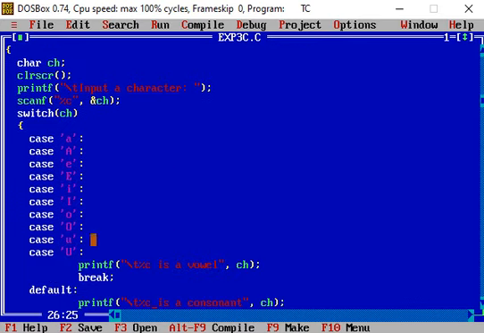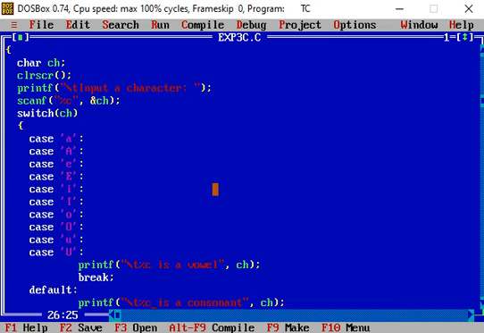So here case, within single quotation marks, a colon; case, in single quotation marks, a colon. So a, e, i, o, u, these are the vowels, and these vowels may be in lower case or upper case.